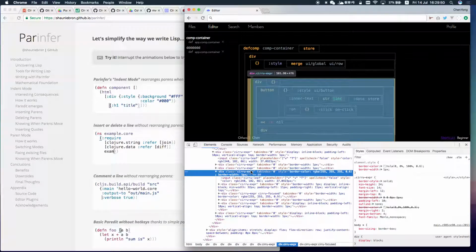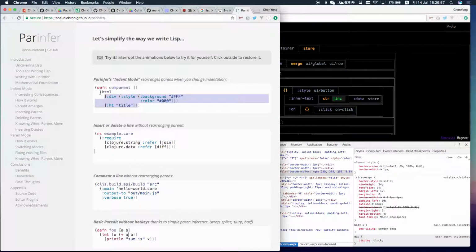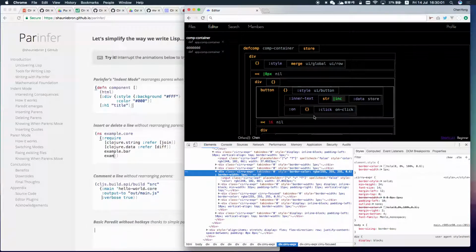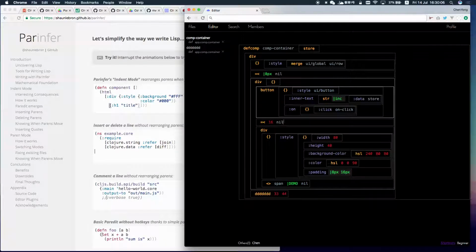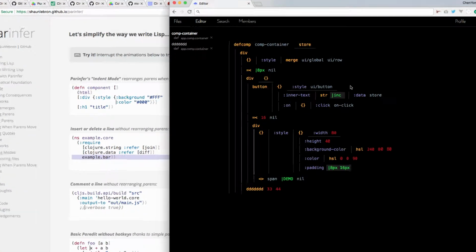I can modify the DOM tree with keyboard shortcuts. I can delete part of the tree, I can do it, I just modify the tree directly. But it's actually very ugly in beginner mode, so I'm going to turn off the highlight, but you can see from the GUI part that